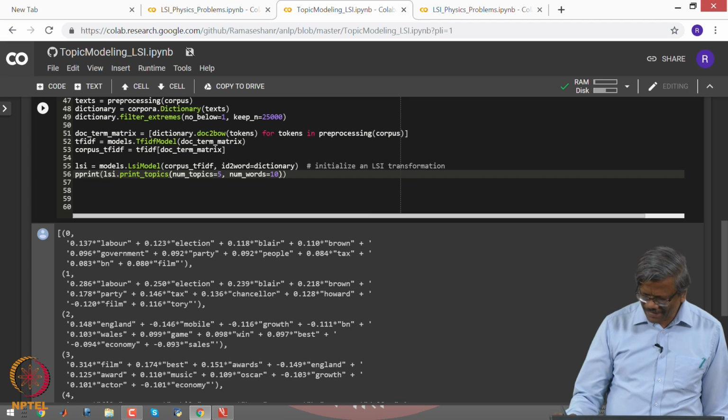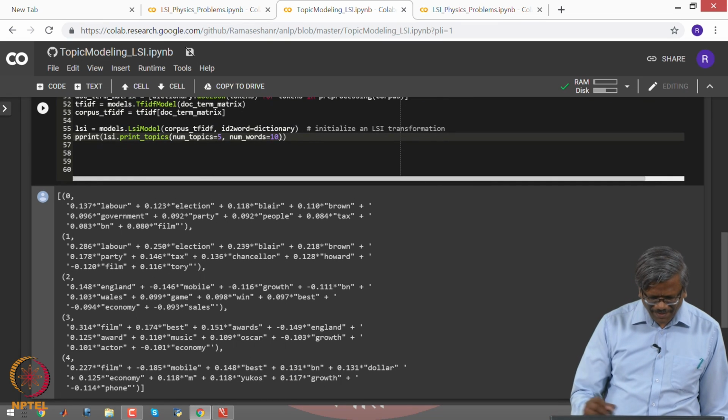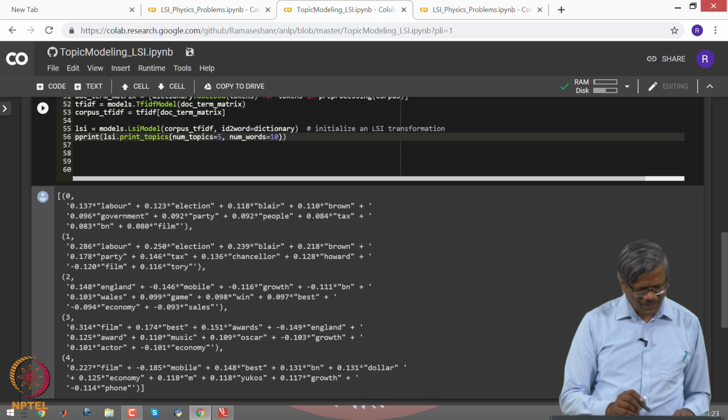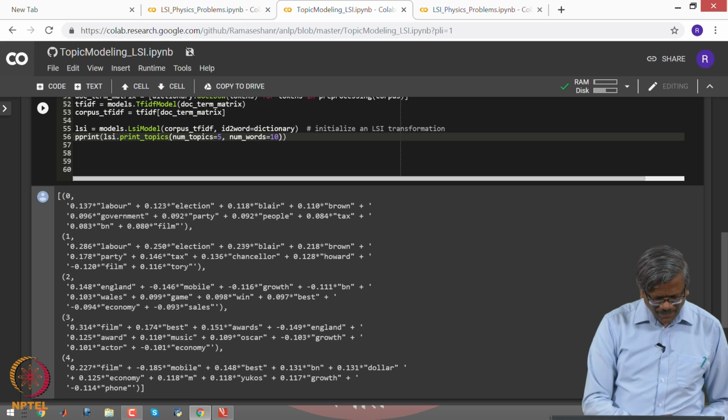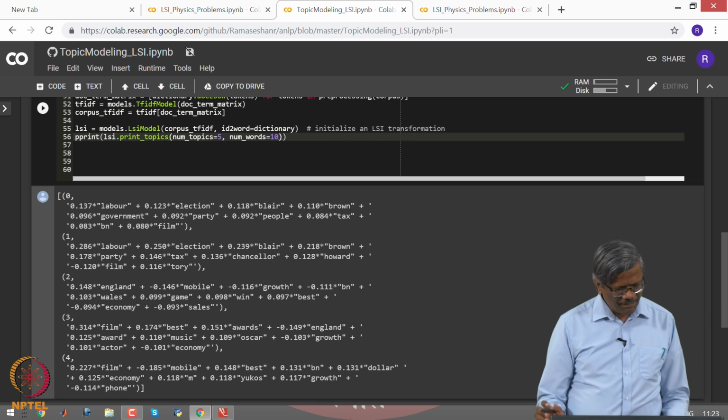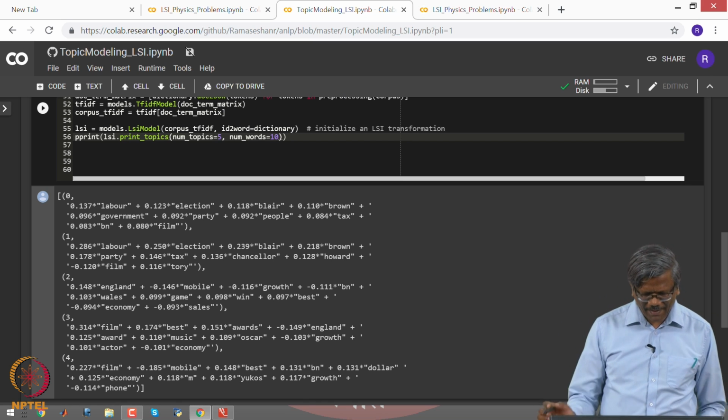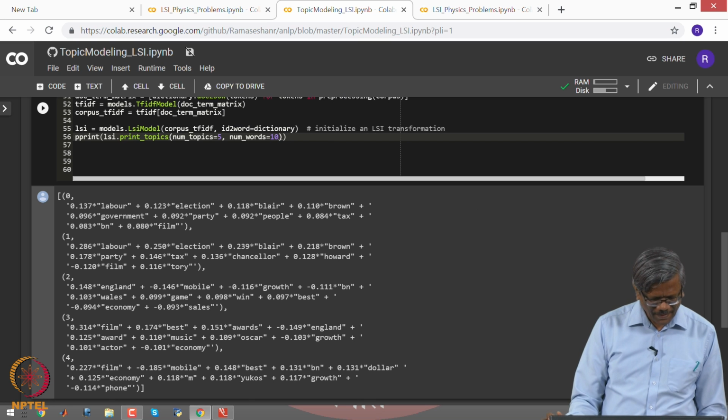The third one, again the first two are not very clear in terms of identifying which class it really belongs to. Look at the third one. We just look at only the positive ones in terms of the weights. England, Wales, game, win, best, right? So game and win, England, Wales, maybe it's sounding like sports.